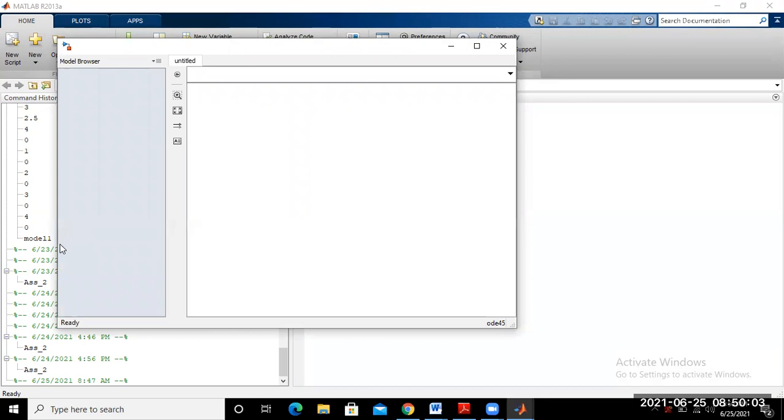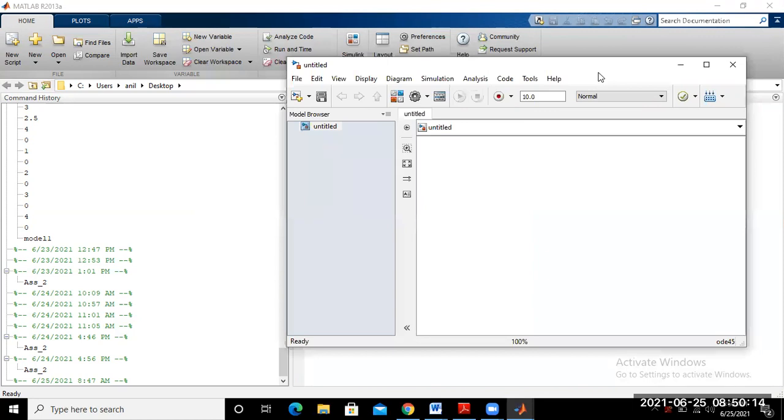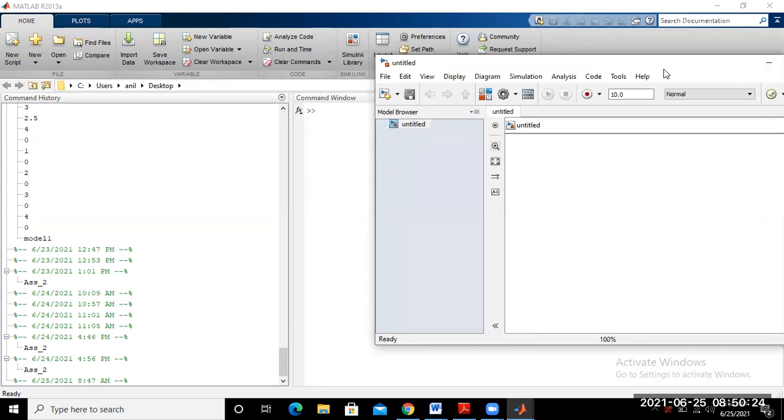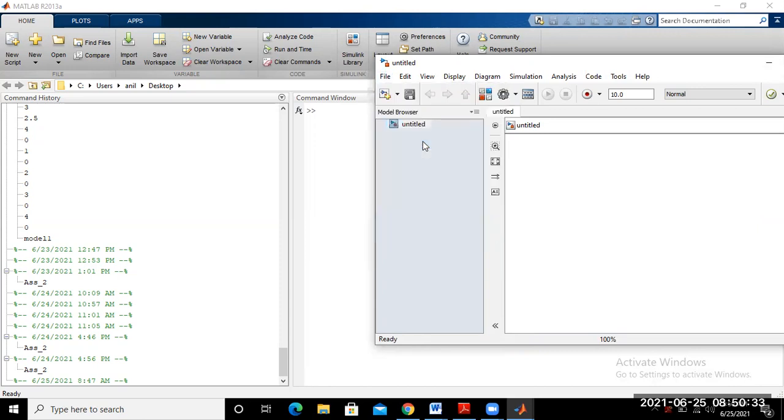Okay, so this new workspace is already open here. Now just open the Simulink library. Or you may first save this file using save as.